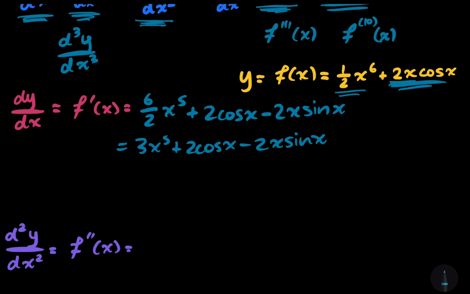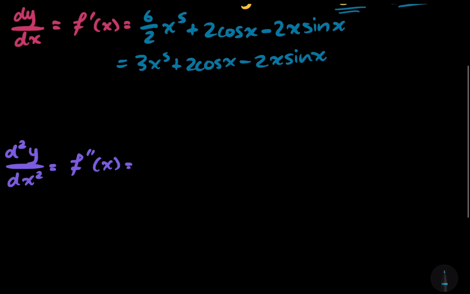And so now that we have this expression over here for f prime of x, we can go ahead and just take the derivative of this expression again in order to get f double prime, or in order to get the second derivative of f. And so we can go ahead and do that. I'm going to write it like this. We can kind of just apply the derivative with respect to x